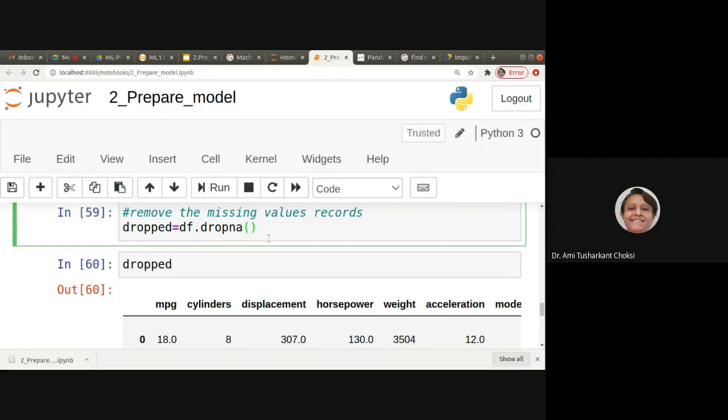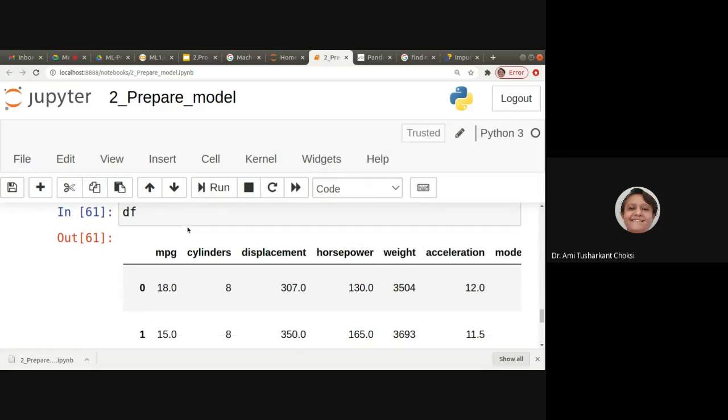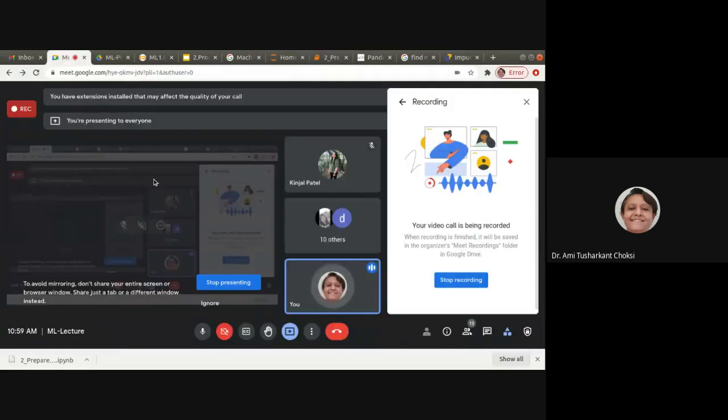But if you want to store the result, we have to store it in another variable, right? So this is the way we can drop the records which are having missing values, or if you are trying for outliers, that is if it is detected, then we can remove that. Fine. So that's all for today.